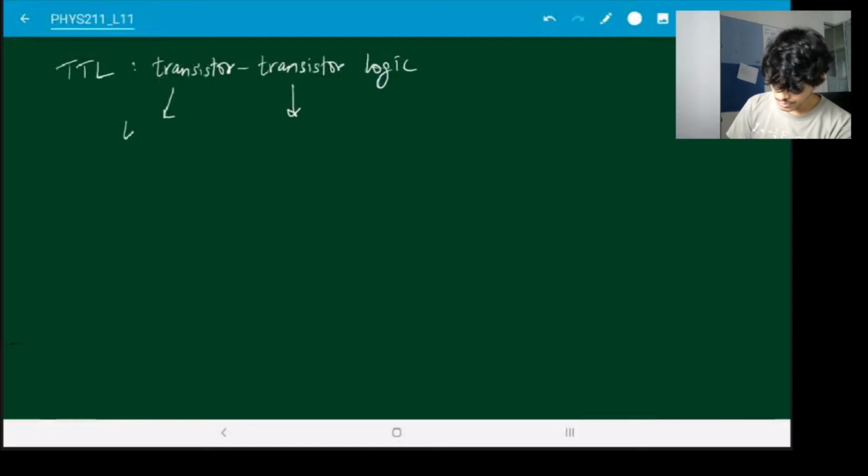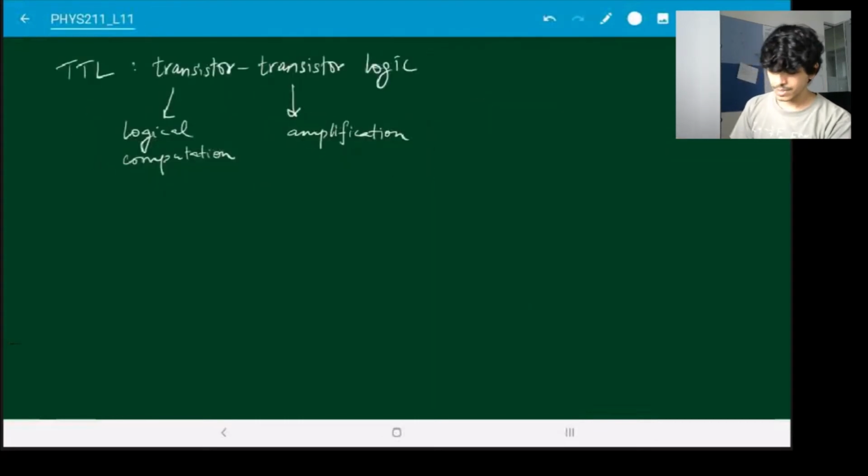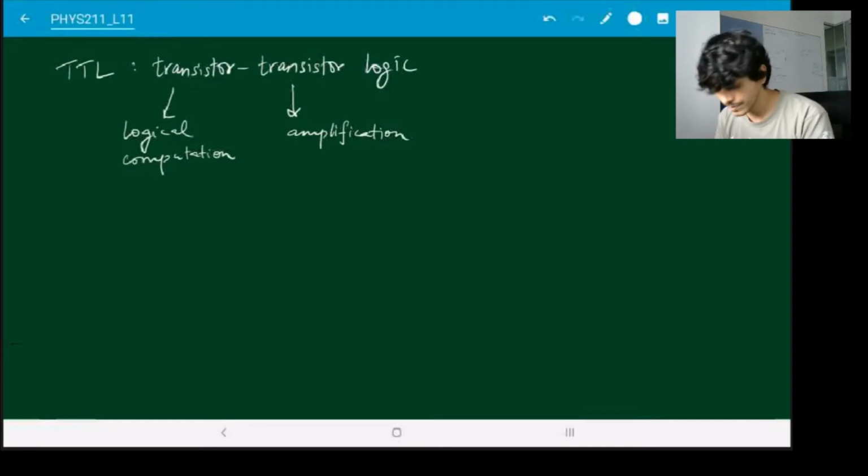It does, first of all, the role of the logical computation, and secondly, it also does the work of amplifying the signal. So in the example that we saw, it's not really much of an amplifier, but if you build a more complicated circuit, like a real marketable product for a NOR gate using transistors, then it also accomplishes the task of amplifying your signal. So transistor, because transistor does the logical computation of actually doing 0 0 giving you 1, 1 0 giving you 0 and so on, but it also does amplification.